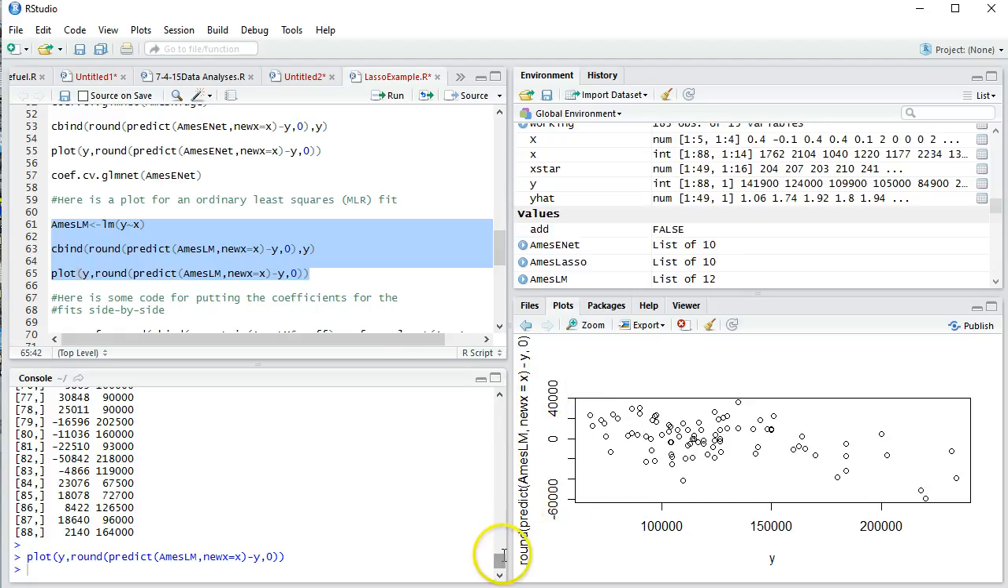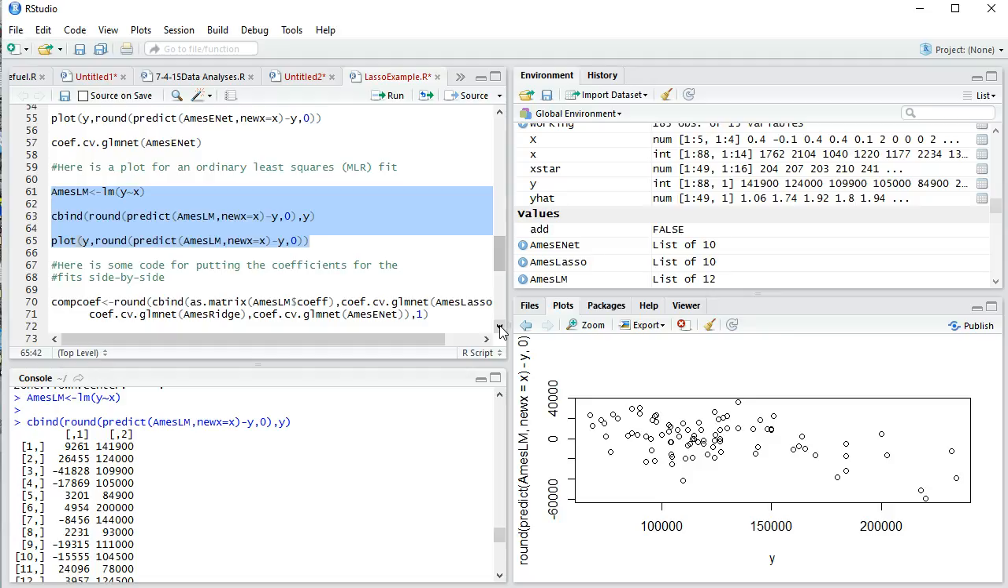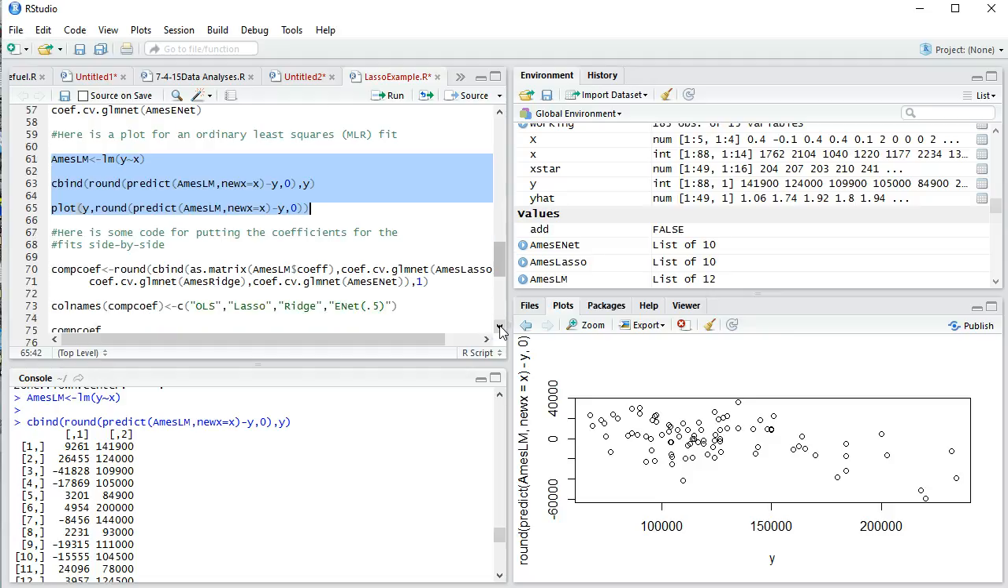Again, there's the plot of residuals versus y, and here now I put together the residuals and the y values that got plotted over here. Now, for purposes of comparing what these methods do in terms of the coefficients they produce and in terms of the predictions they make,